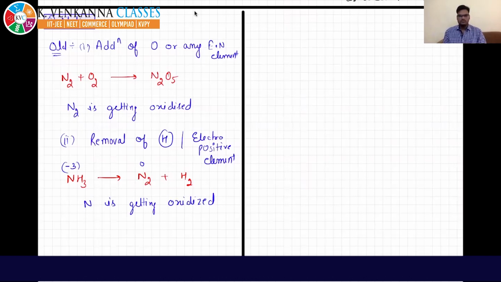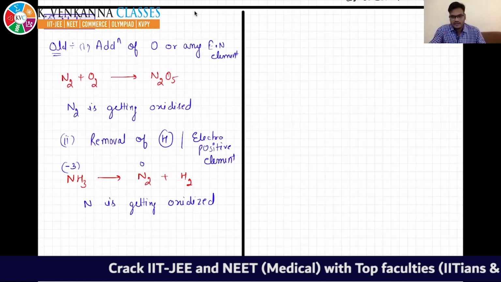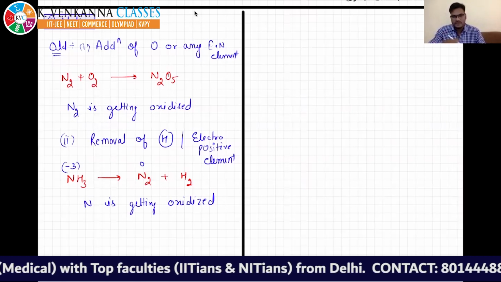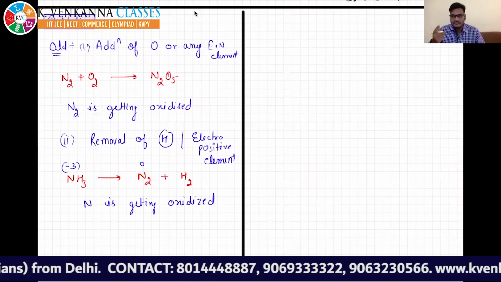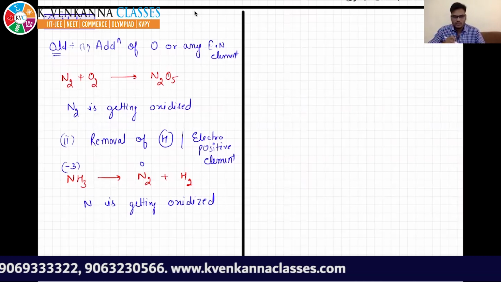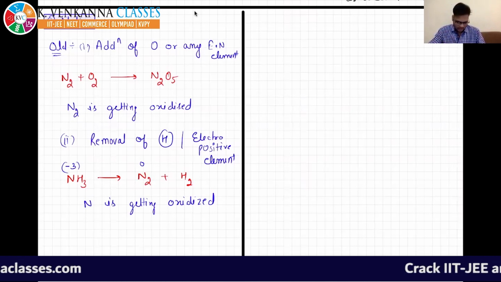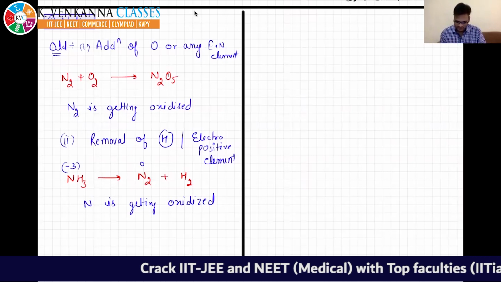It's very simple. This is the old concept, but it doesn't cover all oxidation reactions. There are other reactions which cannot be understood by this method. If a reaction involves ions, it might not be possible to solve it this way. This is just the old concept, and we must have studied it in 9th and 10th class. But the new concept is